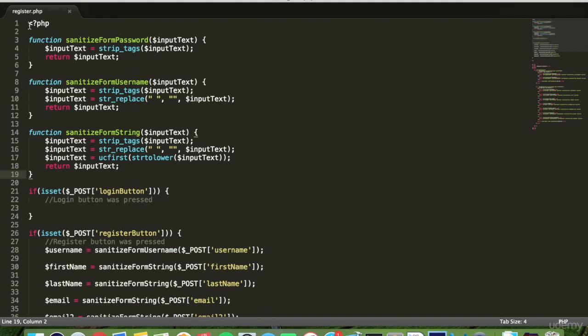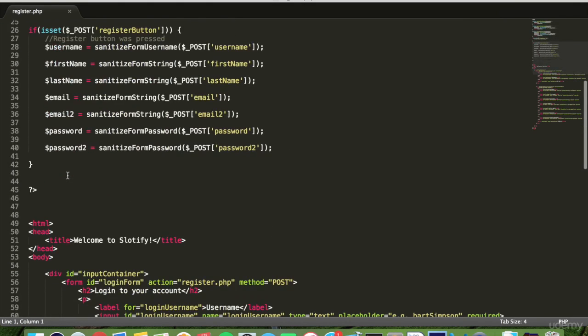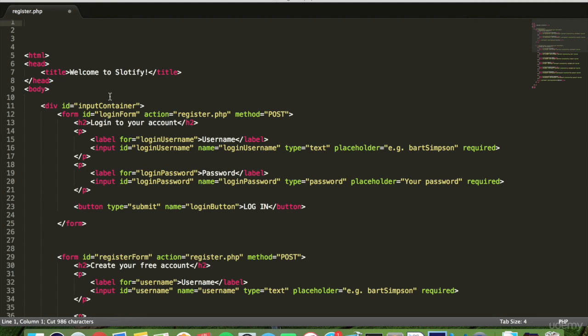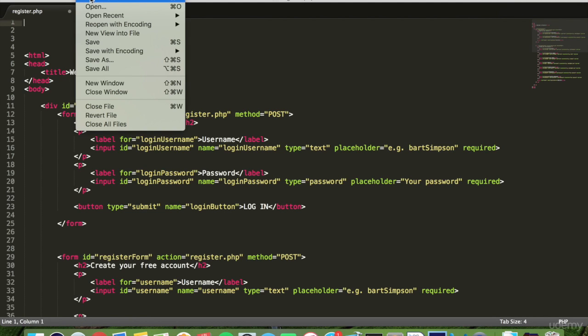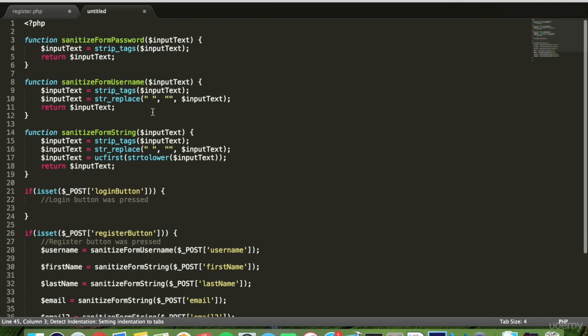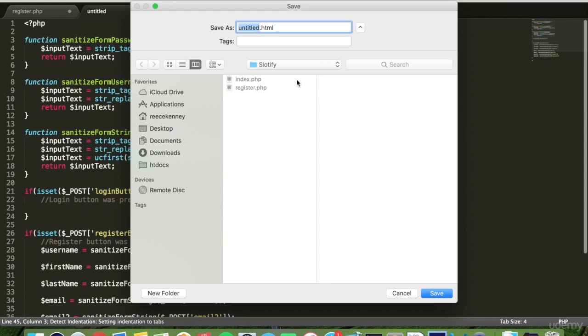So we're going to take this whole PHP block, right from the very first line all the way down to the closing PHP tag right here, copy that, or cut it I should say, and create a new file. So Command N or Control N if you're on a Windows machine, or just go to File, New File. And then paste all that in there, and we're going to save this in here, but we're going to create